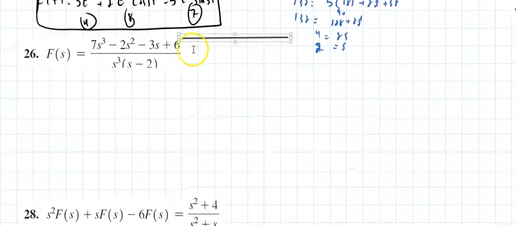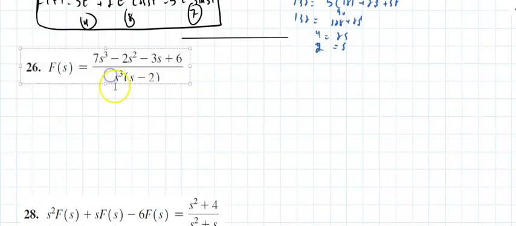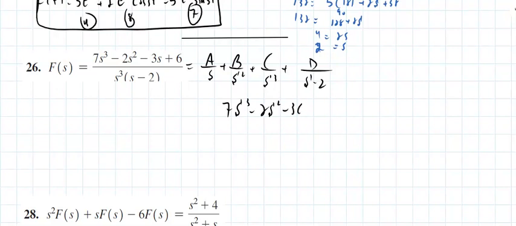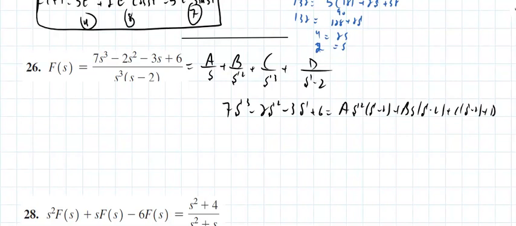And if I get to this problem, the same issue happens. This is a bit lengthy. Well, let's see how this works. This is going to be a over s plus b over s squared plus c over s cubed plus d over s minus 2. If I clear the fractions, 7s cubed minus 2s squared minus 3s plus 6 equals as squared times s minus 2 plus bs times s minus 2 plus c times s minus 2 plus ds cubed. Now if I let s equal 0,